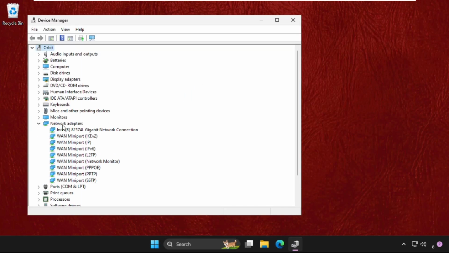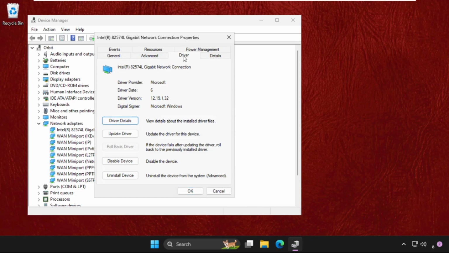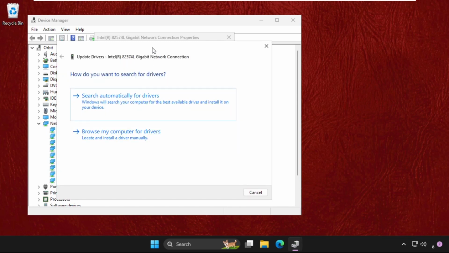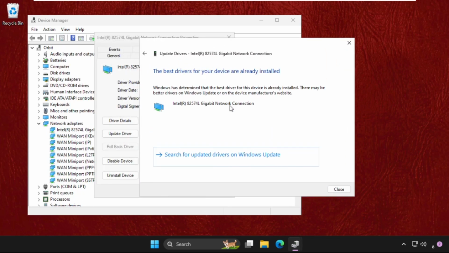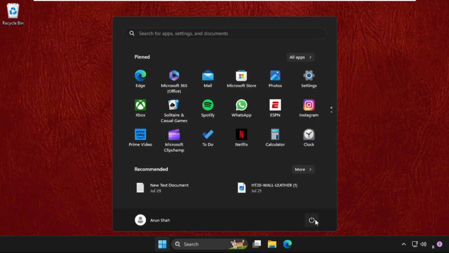expand the network adapters, and for the particular network connection, open its properties, go to drivers tab, click on update driver and select the first option. Make sure you are connected with your internet connection. Then close all windows one by one and simply restart your system and your problem will be solved for sure